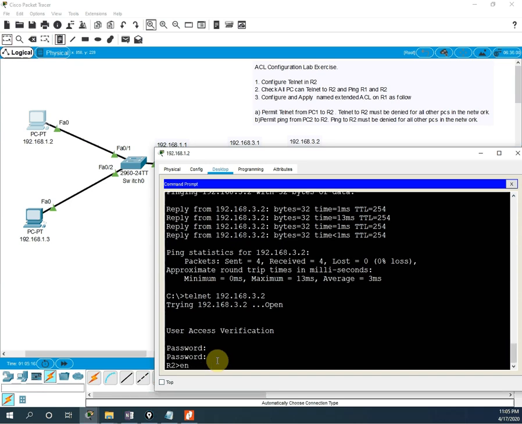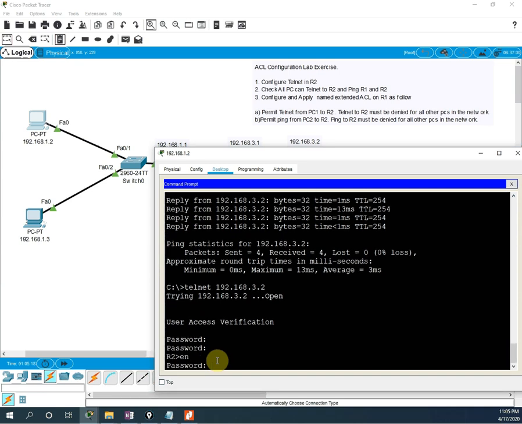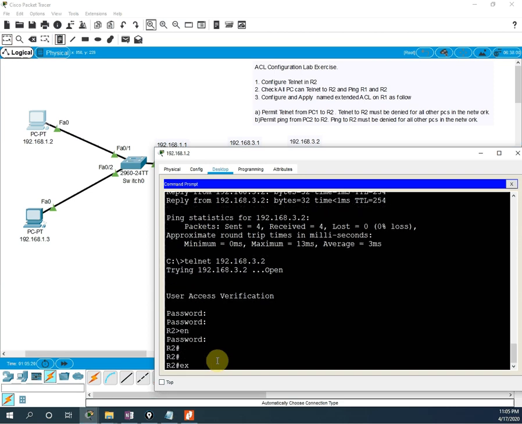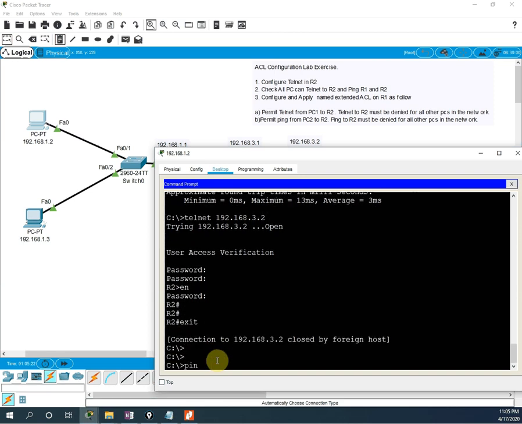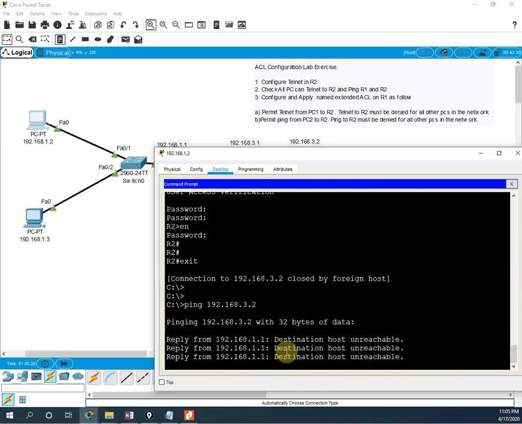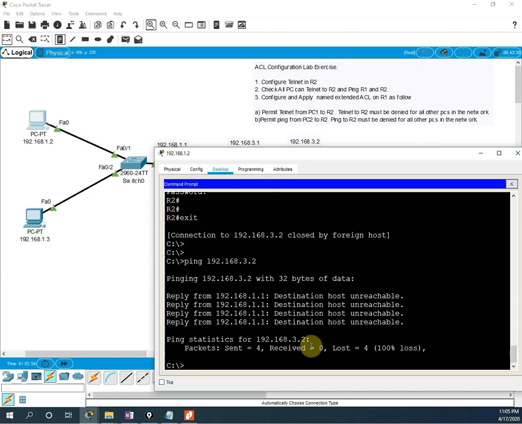Telnet is working. Okay, and the password is Cisco, as we wrote, so this is working. So I will exit. Now we should not be able to ping, so I will write 192.168.3.2. We should see destination host unreachable. So PC1, that is 192.168.1.2, is able to telnet, but is unable to ping as per our access list.